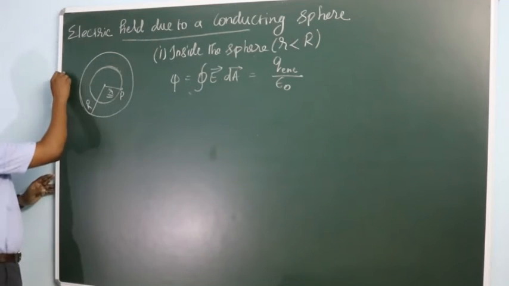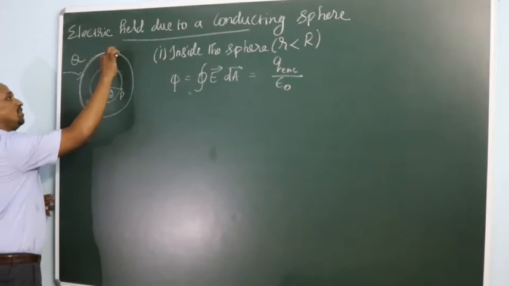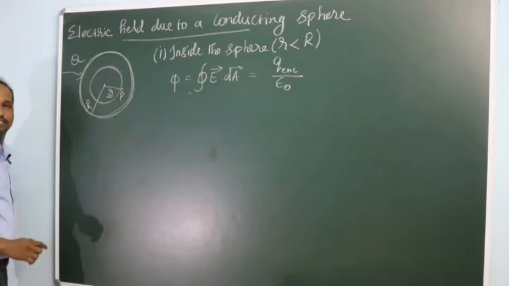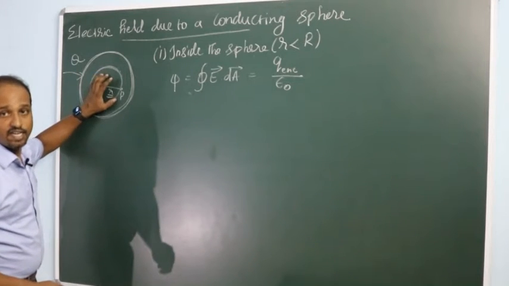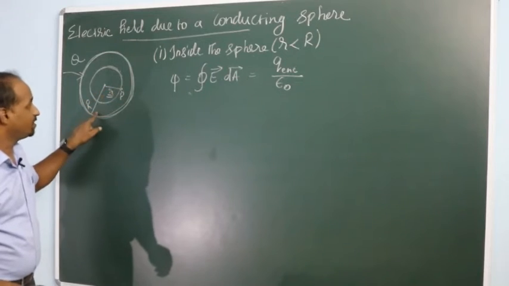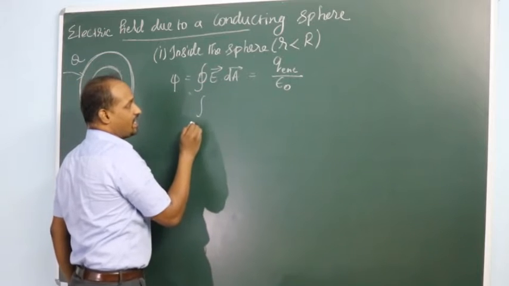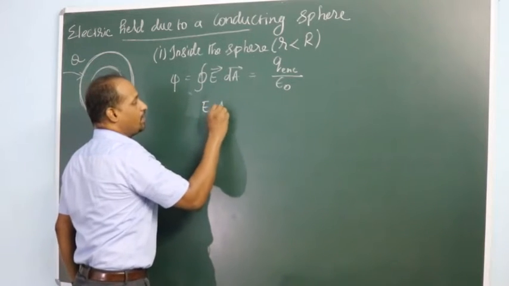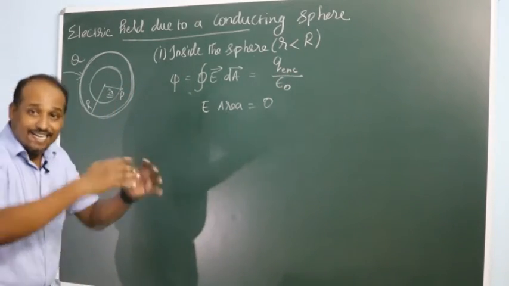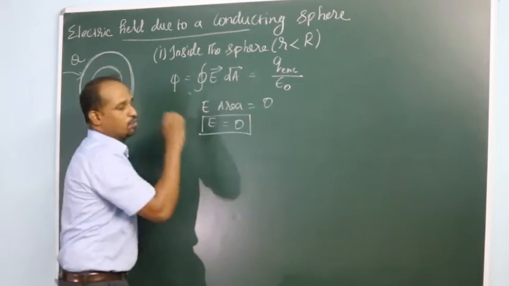And here let us assume that the total charge given to the sphere is Q. All the charge given to the sphere will lie only at the surface. There is no charge inside this. Hence, in this imaginary sphere, the Gaussian surface that you assume, whose radius is less than the radius of the sphere, contains no charge. Hence, integral E dot dA, or electric field times area, is equal to 0 because the charge enclosed by the sphere inside it is 0. Then the electric field inside the sphere will be 0.